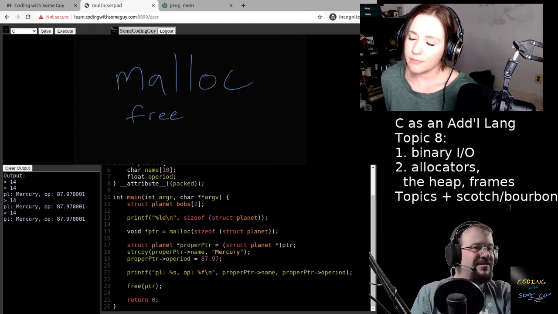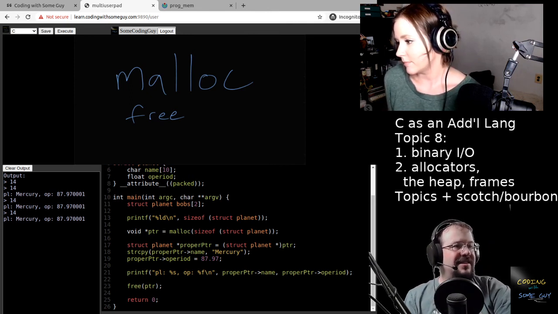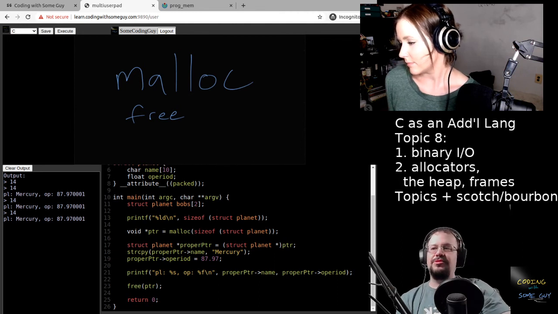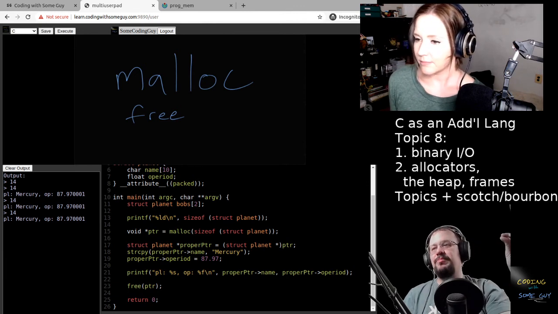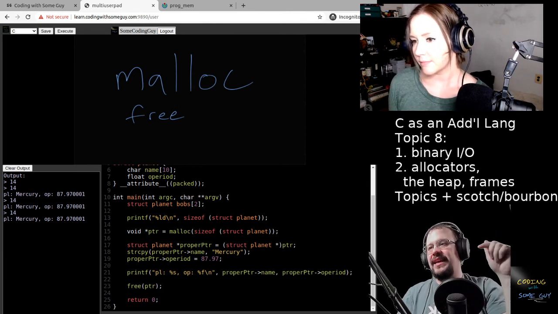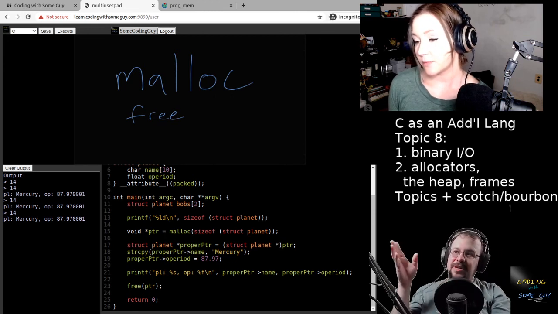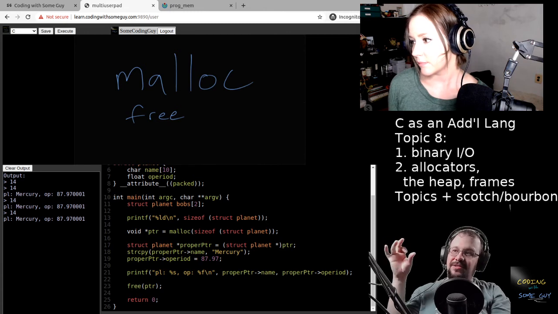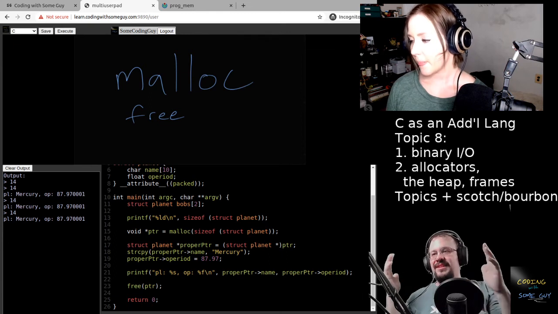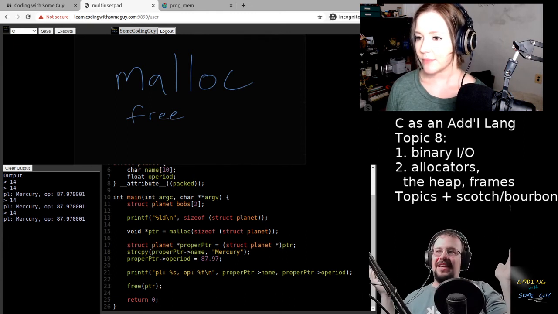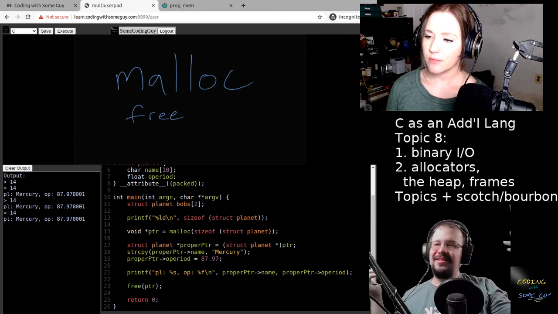Okay. Strophium is saying that's why historically they have memory pools, for consistent size objects and defragmentation. This is true. It's also true because EA was famous for this: they would charge the allocation to a specific part of the game. So when you were allocating memory, you had a fixed budget of memory and that's all you got. Like the team working on pathfinding, this is your chunk of memory and that's all you're going to get. And when you use that up, you're in trouble. This is one way to deal with the finite memory problem of how do we build a game that's going to fit into 256 megs of RAM or whatever they were targeting for their low end platform.